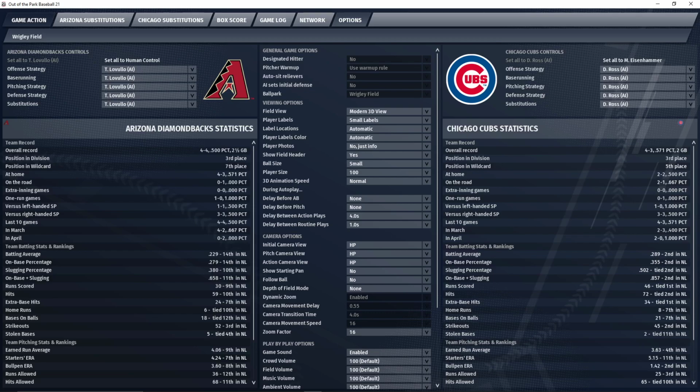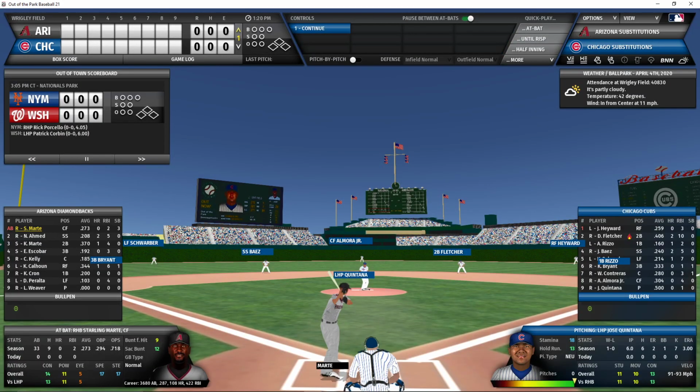For our starting lineups today, as soon as they pop up, we are going to see that the Diamondbacks are going to start out with a lineup of Starling Marte leading off, followed by Nick Ahmed, Kettle Marte, Escobar at third, Kelly at catcher, Cole Calhoun in right field, Cron at first, Peralta in left, and Luke Weaver, the pitcher for the Diamondbacks. For the Cubs, we have Jason Heyward leading off, playing in right field, followed by the red-hot